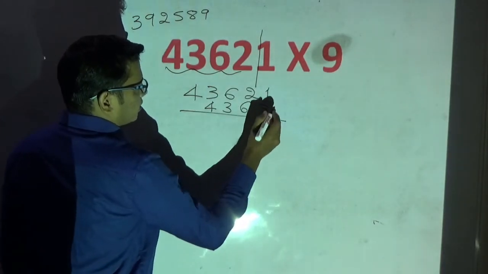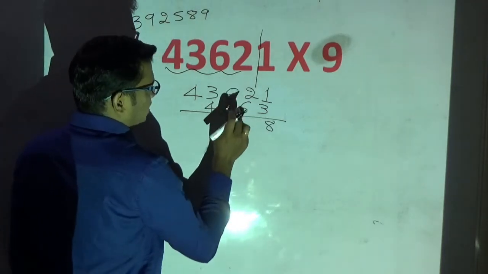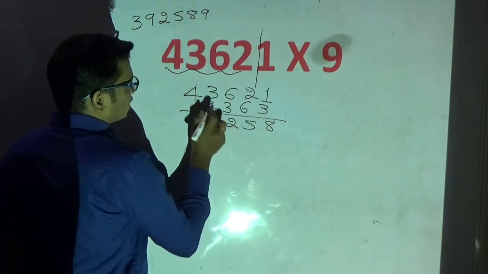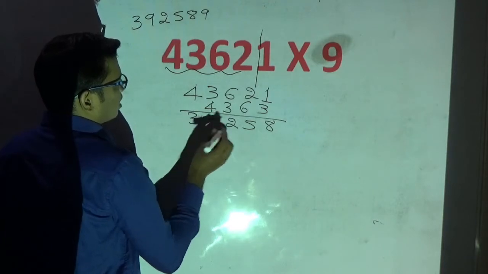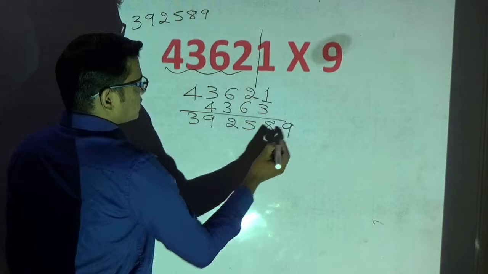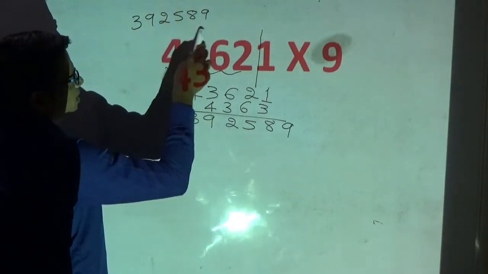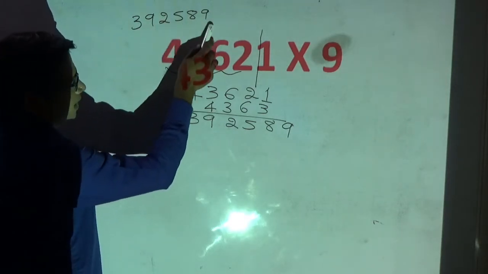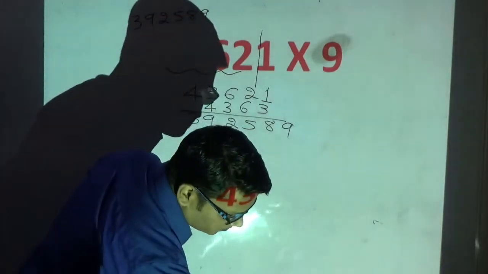11 minus 3 is 8. So here also 11 now. 11 minus 6 is 5. Here 5 is left out. This is 2. This is 13. 13 minus 4 is 9. This is 3. Now, one digit left out, right? So 10 minus 1 is 9. So the answer for this example is 392589. See, in the earlier method also I got the same answer. You can match this. Hope you have understood with this example. Okay, I will go for the next example now.